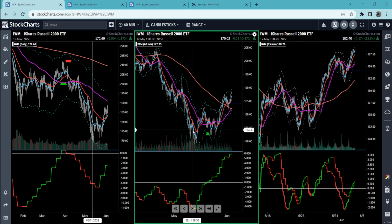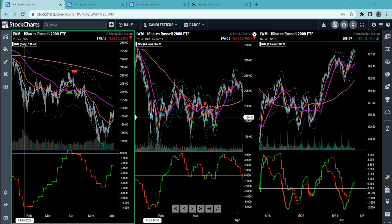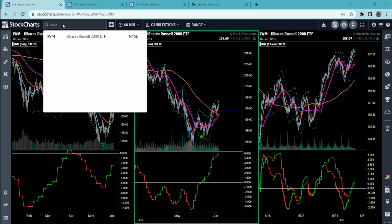Now, just keep in mind, anything's possible. Look at the last time. So if you don't think price can come all the way back down here, well, look at last time. I know it's different, but it's possible. You can see here, got a huge move down there. Right here, we got another huge move down there. It's definitely possible. So just make sure you're thinking about the full picture of where price can go. And if you don't think it can go someplace, it probably will go that place. So that's the IWM. Another thing to look at, if we look at MSFT,